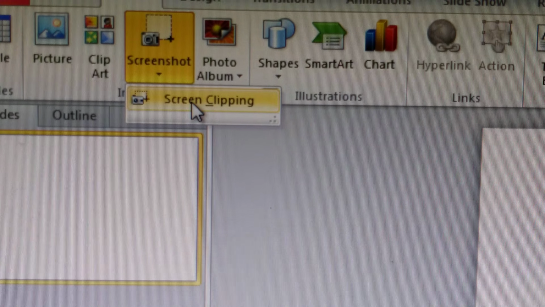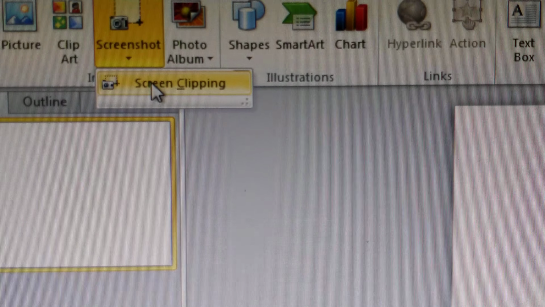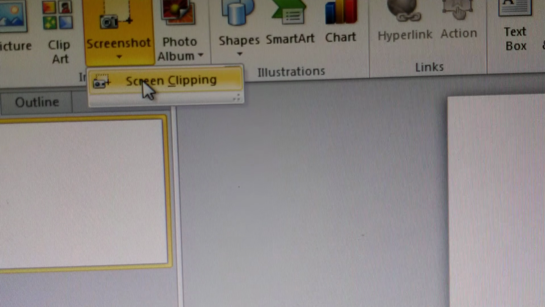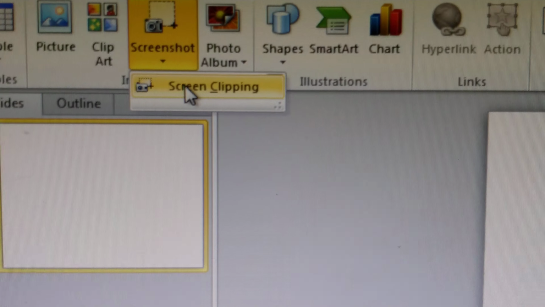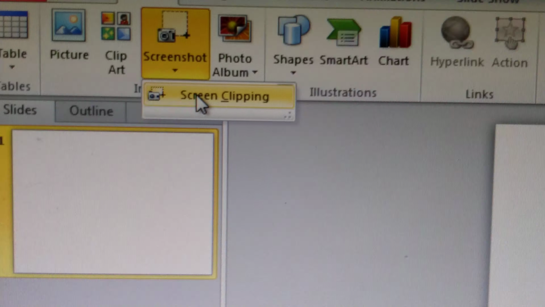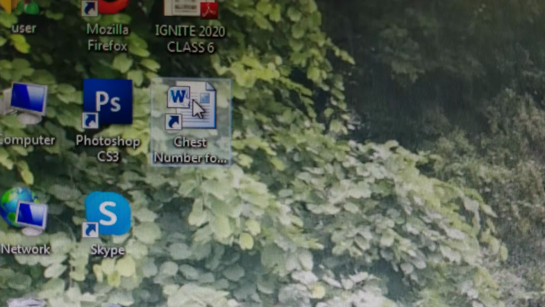So when you click on it, you haven't selected any image or any work page. When you click Screen Clipping for the first time without selecting anything, see what will happen. Only the desktop view will be blurred and shown.